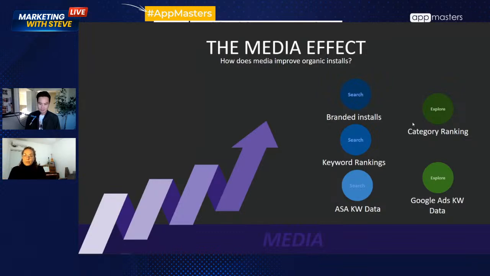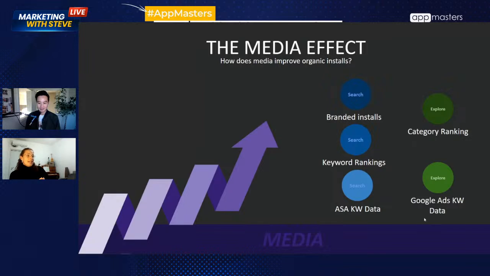So just by running media, it's so simple that even if we run bots, it would increase. Just so you know. Well, I don't do bots, but I've done some black hat in the past. It's just the number of installs that would improve your category ranking. There's nothing else to it.